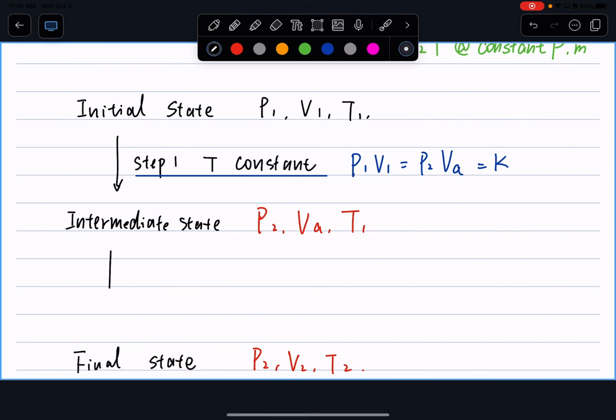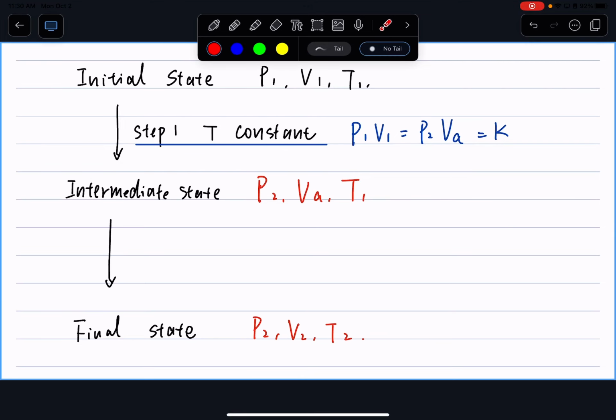And then the second step here, now we have P2 already the same, so we can keep the pressure at constant, and we can use Charles' law. So in this process, we have pressure constant,